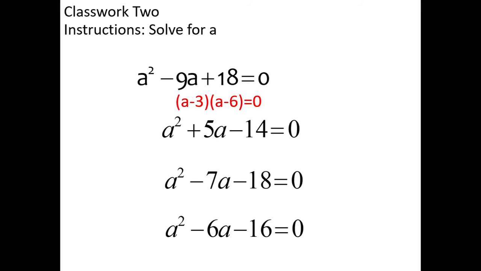So in the first factor, A minus 3, you can see if A was a positive 3, 3 minus 3 would turn this into a 0. And on the second factor, if A was a positive 6, 6 minus 6 would turn this into 0. So therefore, our two possible values of A, the two solutions for this quadratic equation, are A is 3